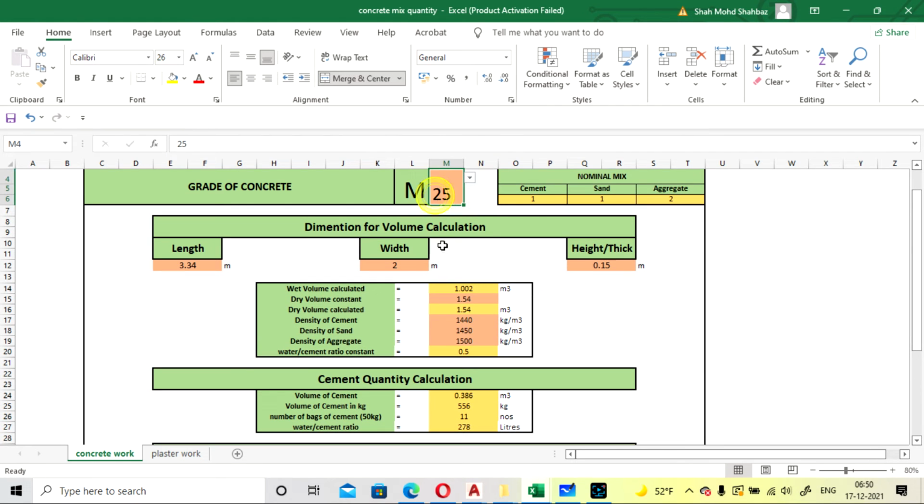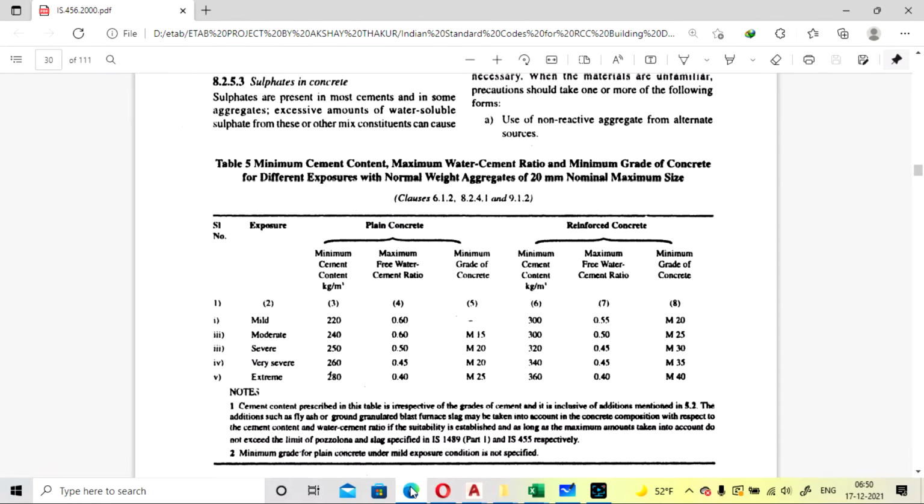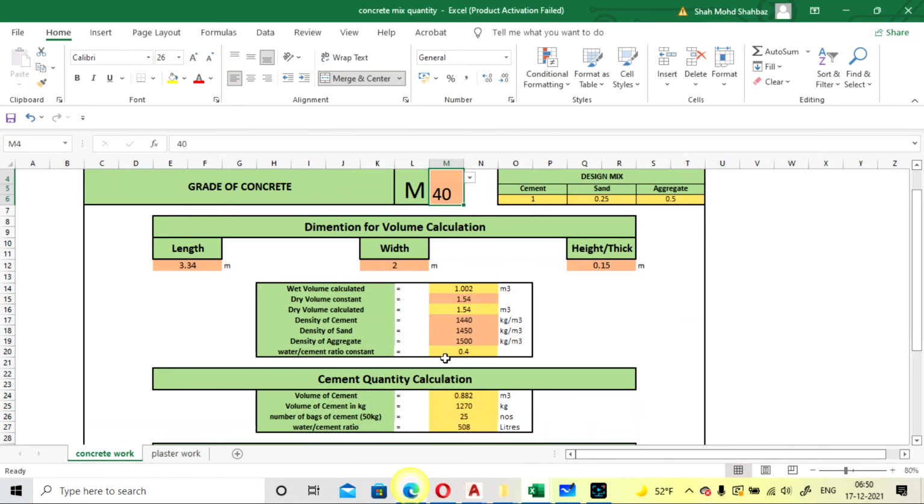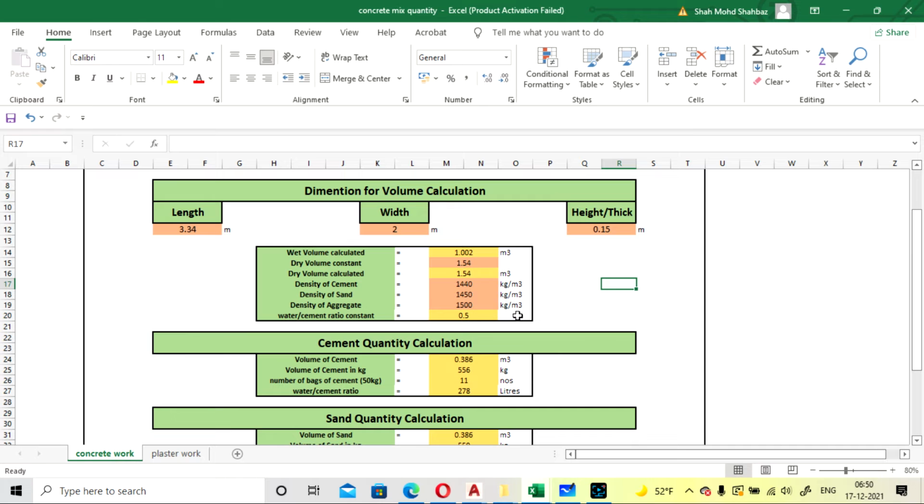For M25 it is 0.5, for M30 it is 0.45, for M40 it is 0.4. It is already mentioned in this table, so you don't have to do anything. For M25 it is 0.5.